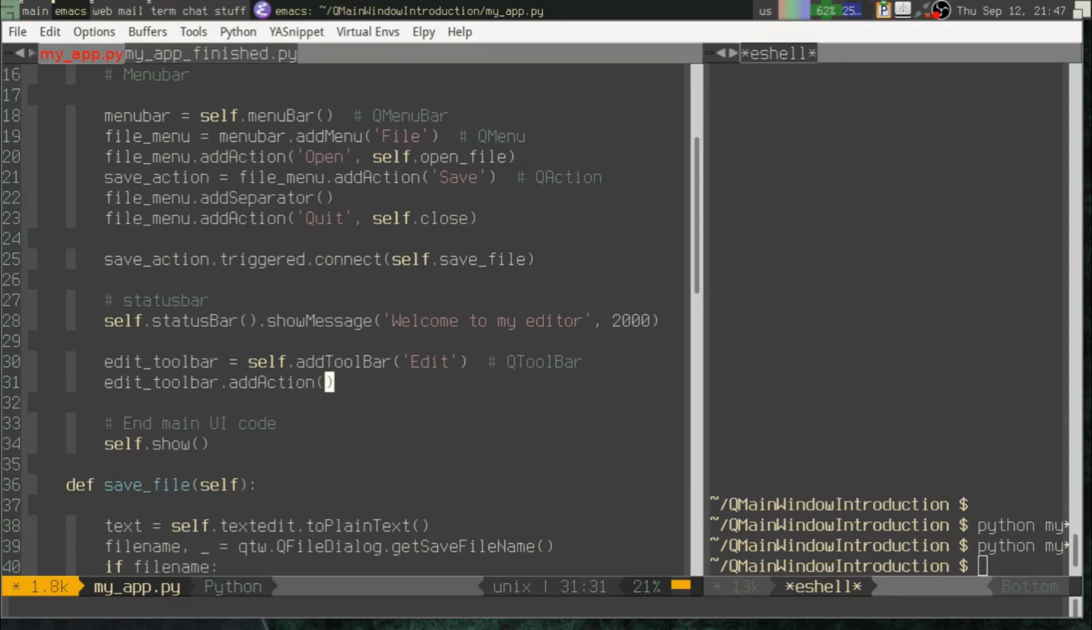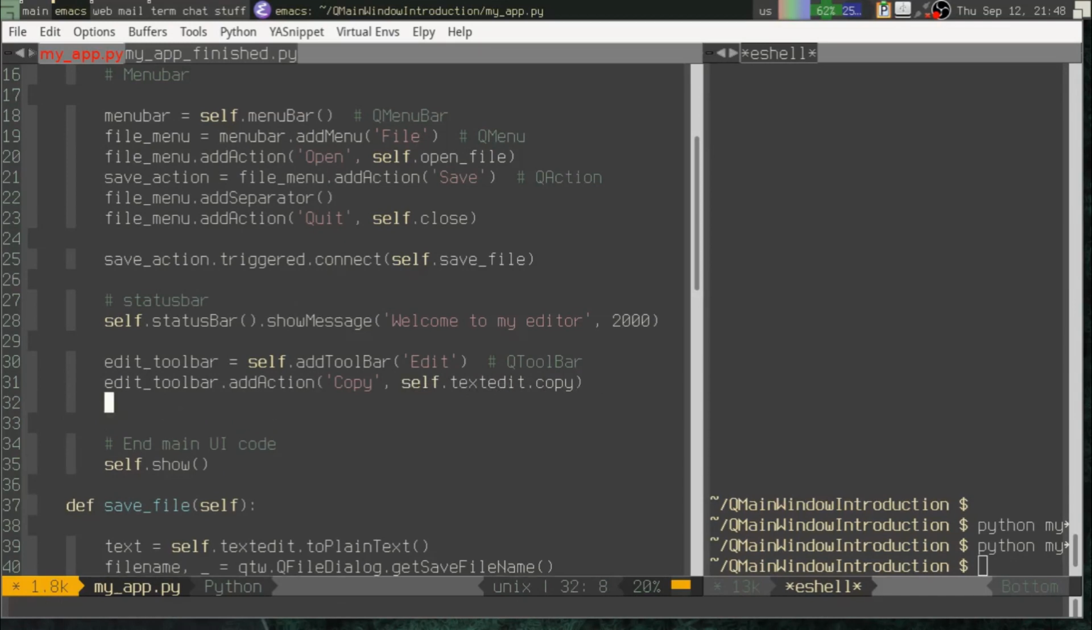We can do a few things here. We can pass in a QIcon if we have one, but that's a topic I don't want to get into yet, because that'll send us off on a rabbit trail. I want to stick to mostly just talking about the main window today. So we're just going to use text labels. So let's have copy. And then just like with adding a menu action, we can give it a callback. In this case, we're going to use text edit.copy. And we're going to do the same